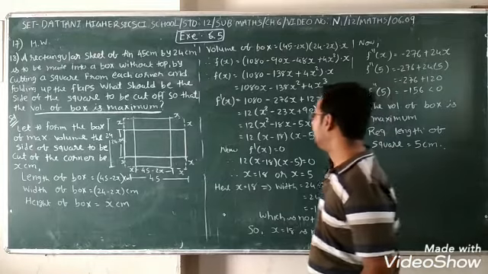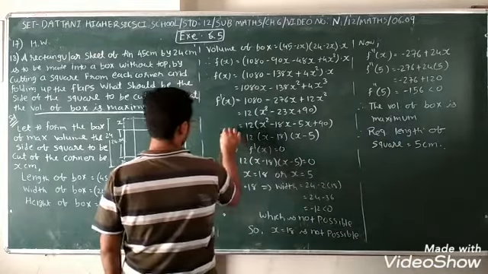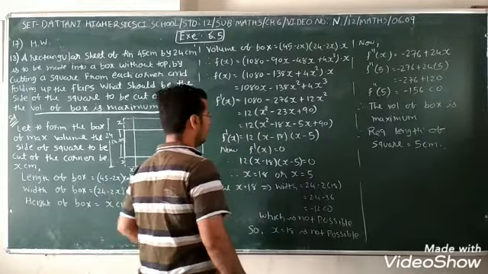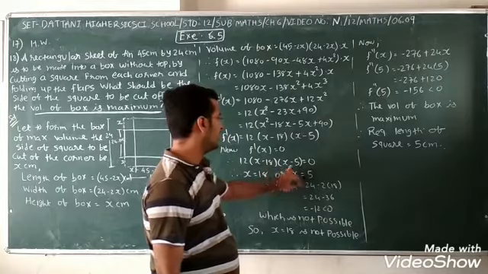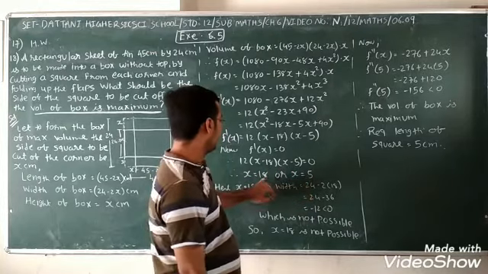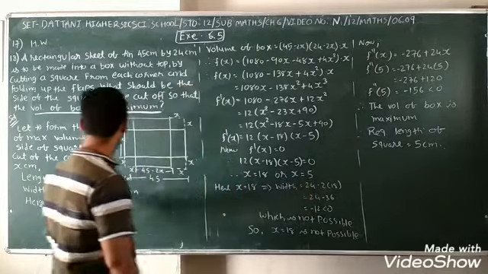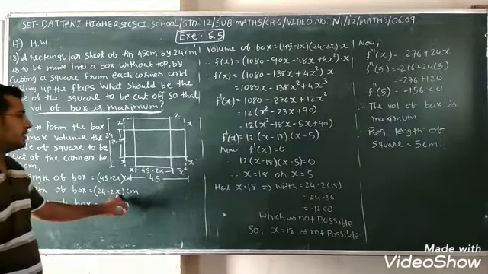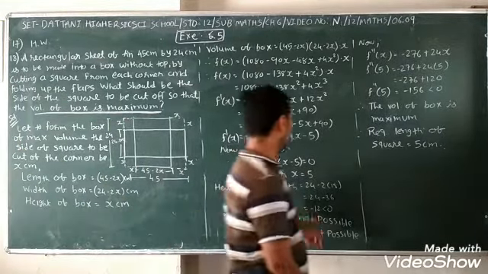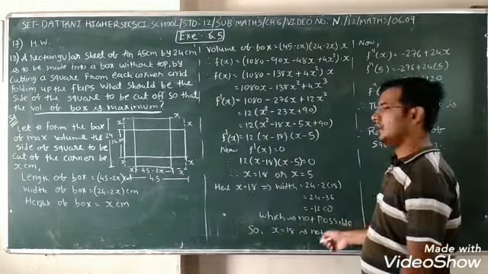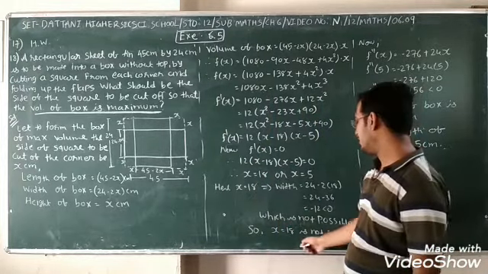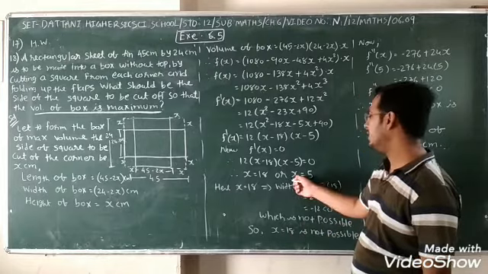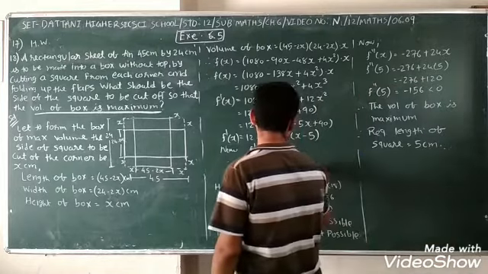Now I get f dash x, so putting f dash x equal to 0, x minus 18 is equal to 0, so x is equal to 18, or x is equal to 5. Now, if we put x equal to 18 into the width, 18 twos are 36, so we get width negative, which is not possible. Negative width of the box is not possible. So x is equal to 18 is not possible.